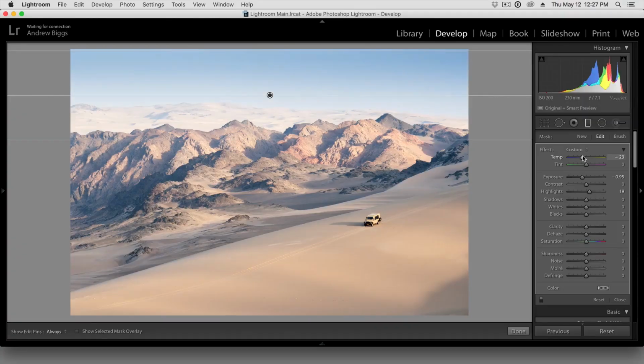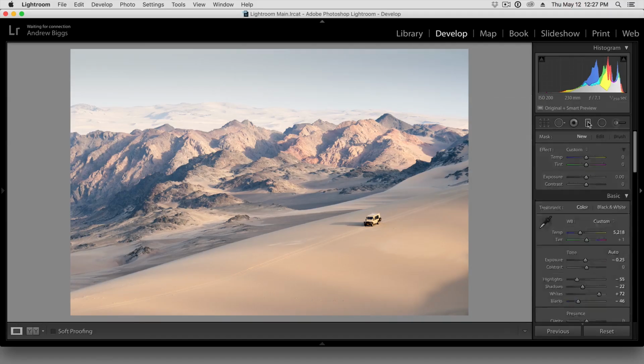To illustrate, I can move this to the left a little bit. That's pretty extreme, but you can kind of get the idea. Don't forget that this temperature adjustment is available in this tool and others for localized adjustments. Okay, so I'm going to dock the tool,